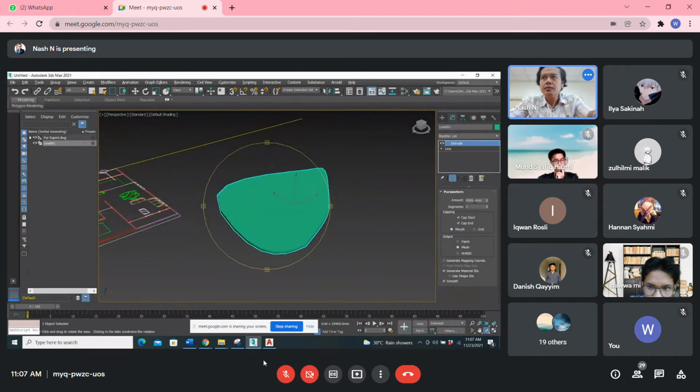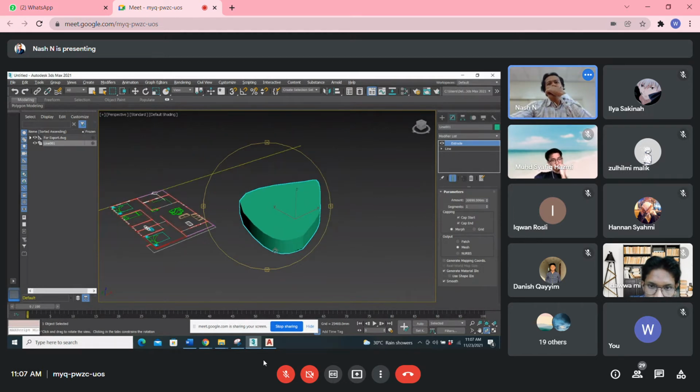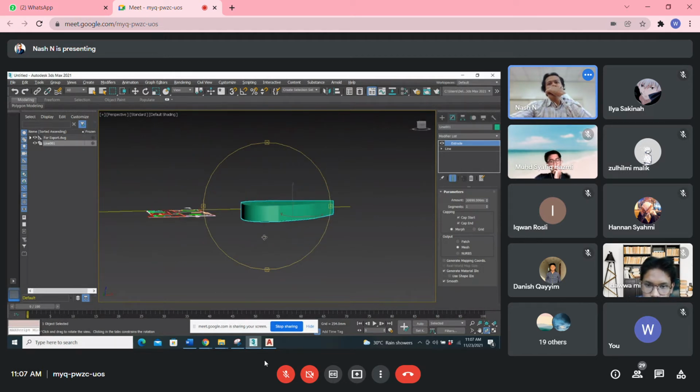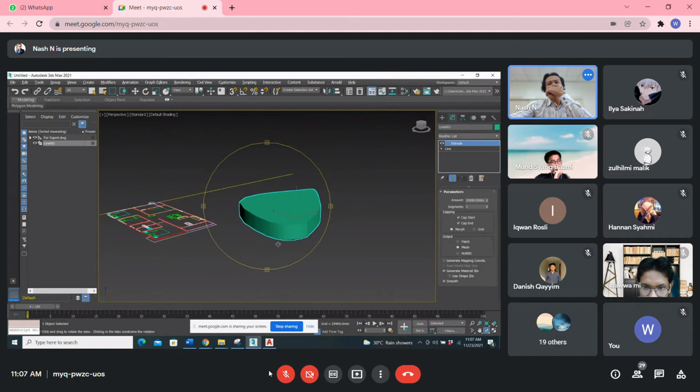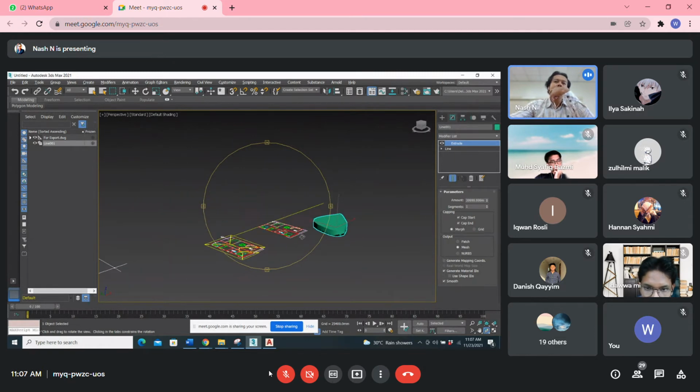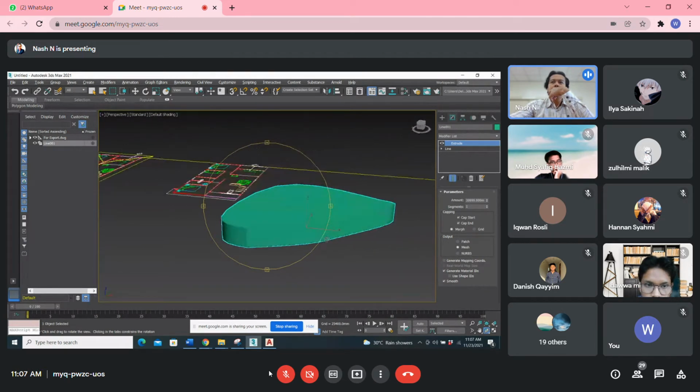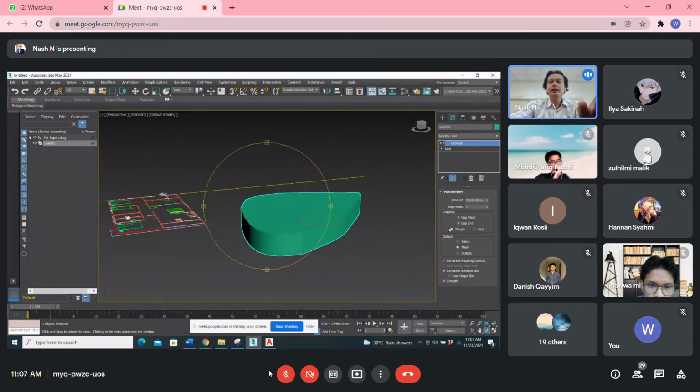Or else, if 40,000, there's something wrong with the scale here. Means if we want to add, we have to add more zero.